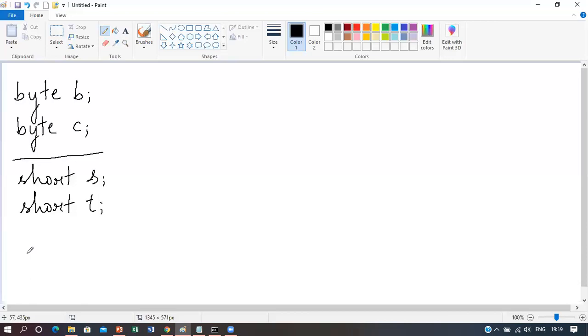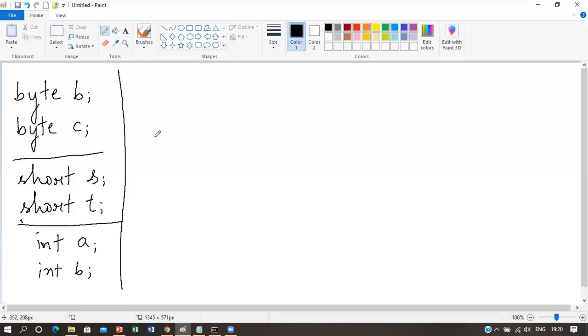So float represents single precision numbers and double represents double precision numbers. So let us first write how integer and long variables can be declared.